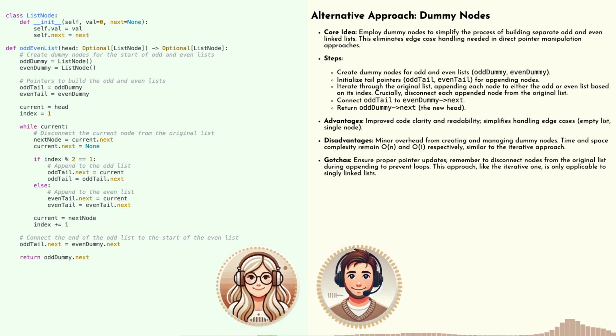It's still an O(1) space solution because those dummy nodes are just constant overhead. Right. And I can see how having those clear starting points simplifies the logic. Sometimes a bit of extra setup can make the overall process smoother. Absolutely. Now, both the weaving technique and the dummy node approach are valid ways to solve this problem, and each